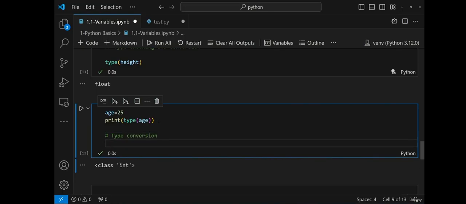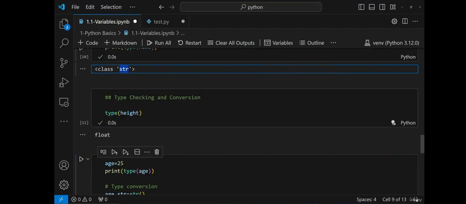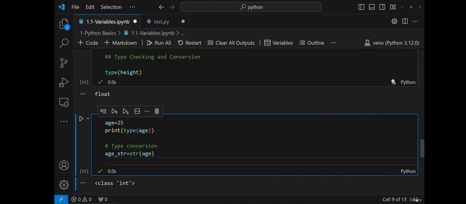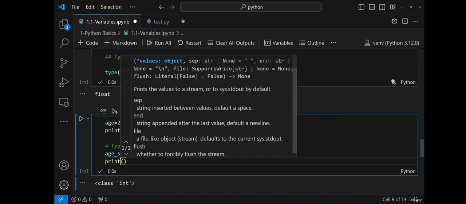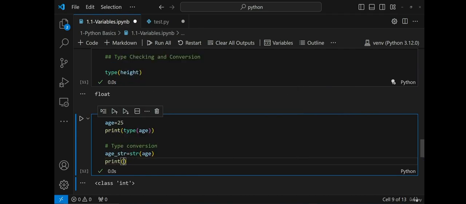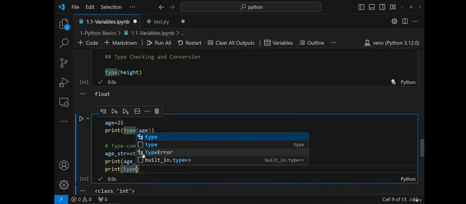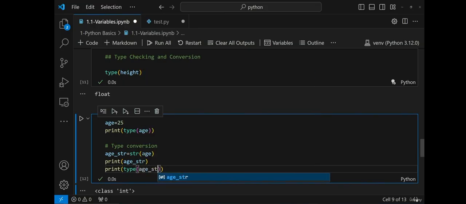So if I write age underscore str and use the str function, which is the string class, I can use this age variable over here. Now, if I write print age underscore str, and after that print type of age underscore str,